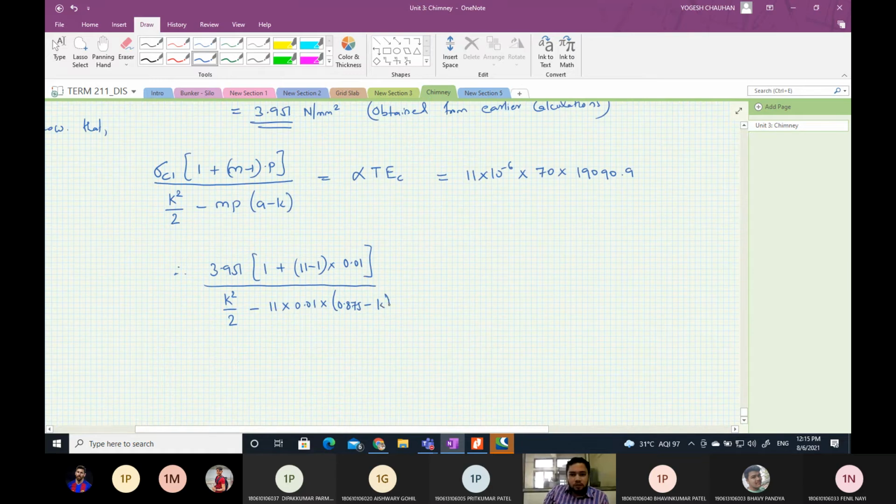Now here, this is equal to 11 into 10 to the power minus 6 into 70 into 190.9. So we can write K square by 2 minus this value, that is 11 into 0.01. So it is minus into minus, this will be plus, so plus 0.11